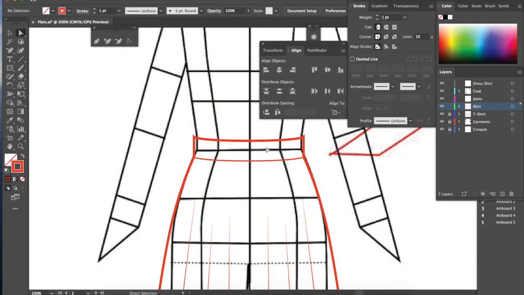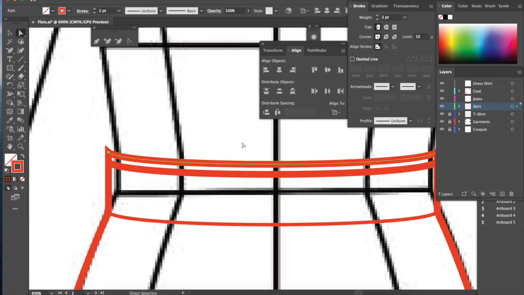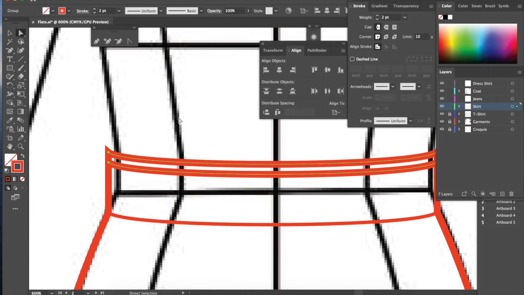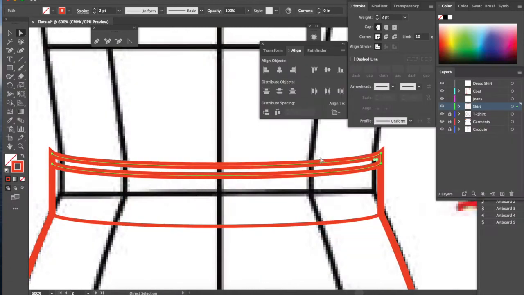We also need to do the back of the skirt. So again, I'm going to select this one, select it once, copy it once and bring it down a little bit. And then I'm going to copy it again, just paste it in front. And these two, I want to join. Oops. Undo that. So we're joining them, right? So we can